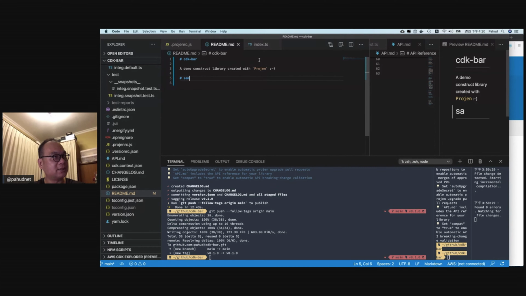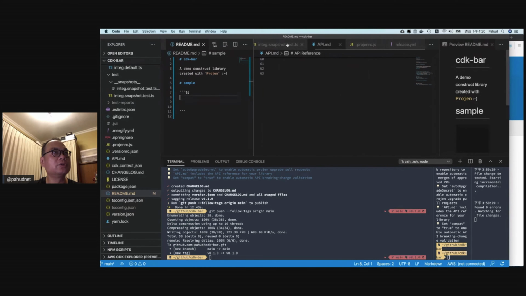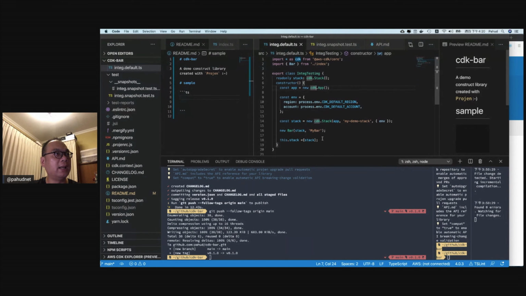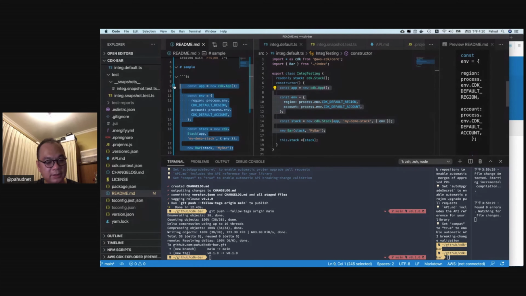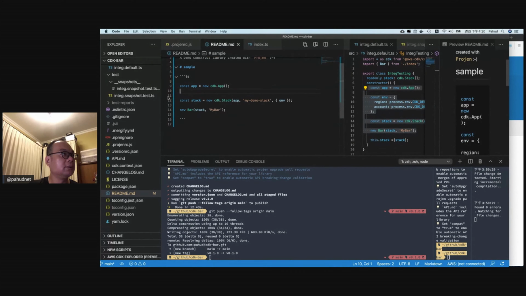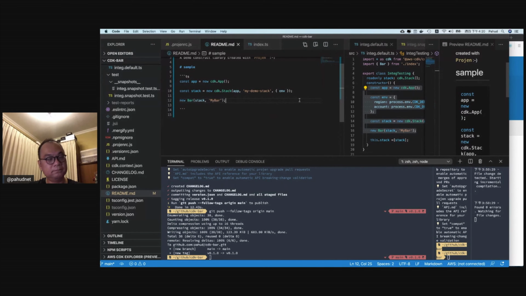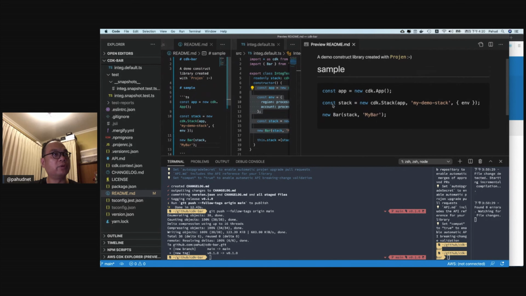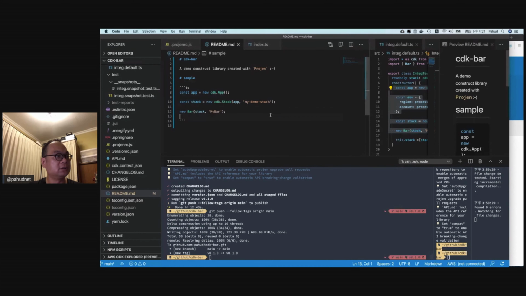And a simple example. We're gonna have some simple code inside. We can just go to the integration testing and copy the sample from the integration testing to the README like this. And okay, we can preview the README in VS Code. Okay, so if everything is good,